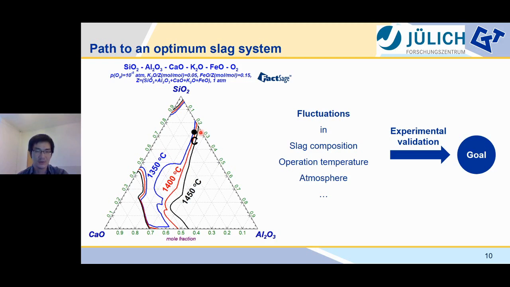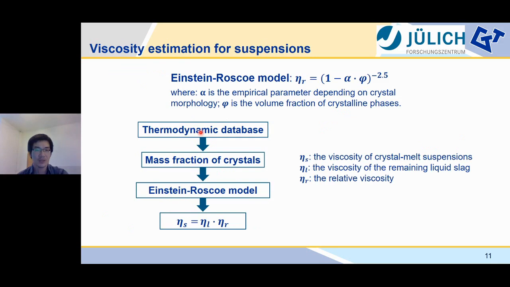Okay, that's it for the first part. So we can turn to the second part, concerning the viscosity of the suspension system, because this is also very common during the operation of the entrained flow gasification. Okay, how to estimate the viscosity contribution from the crystalline phases? Here we use the Einstein-Roscoe equation to derive the relative viscosity, and then further multiply by the viscosity of the remaining liquid slag, and then we can get the suspension viscosity, shown in this